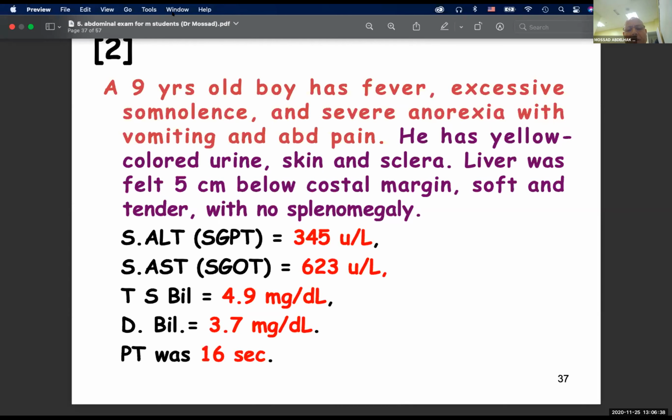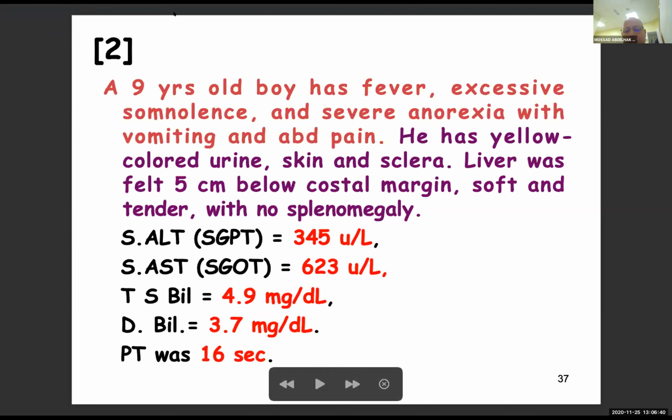Okay, so can you hear me? Yes, we can, Doctor. So it is very important, the age of the child, his complaint. Now he has jaundice, and the liver is palpable, and the liver function tests are very high. This is the age where a child can eat outside. They didn't tell us he has thalassemia or anything like that. So if you come to the answer,